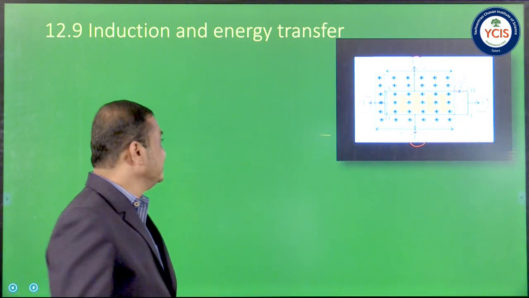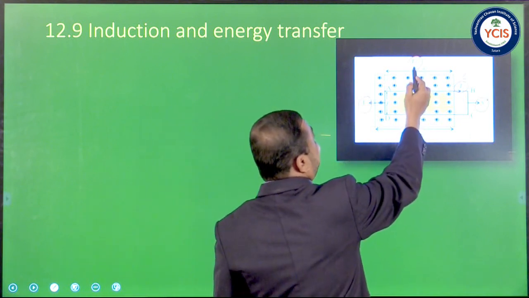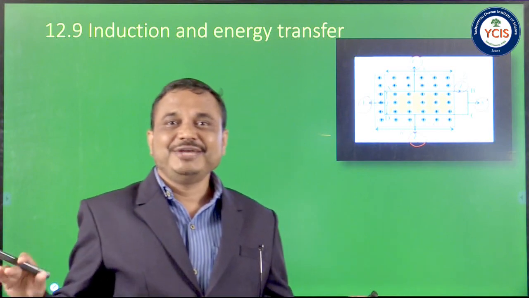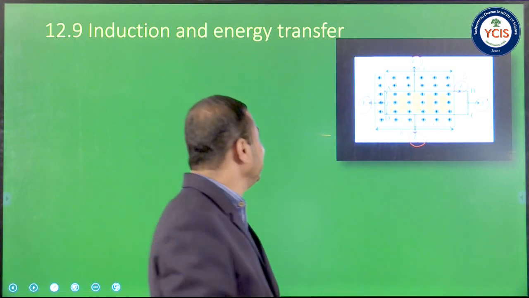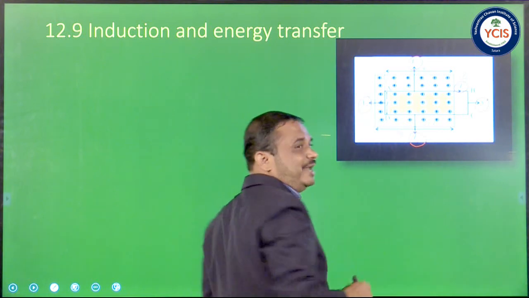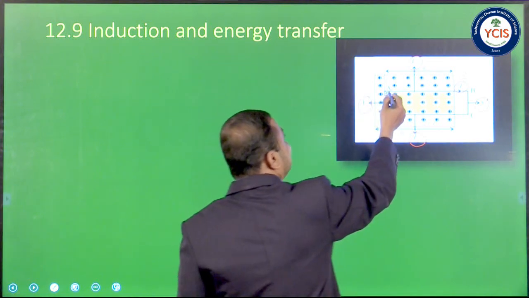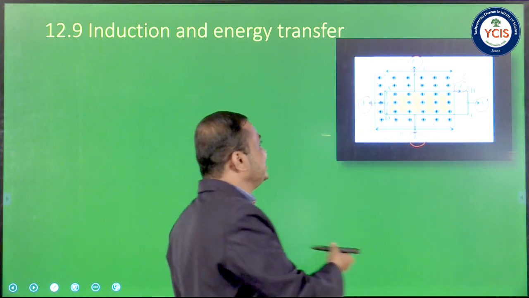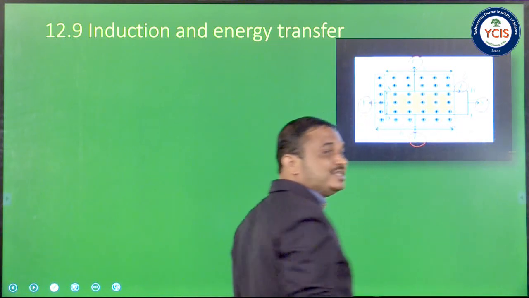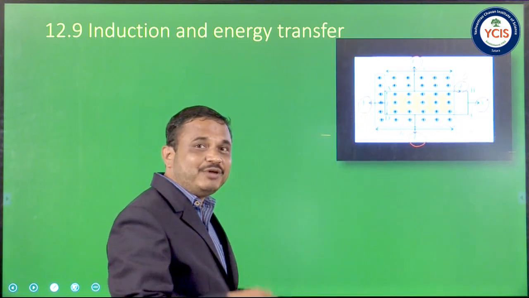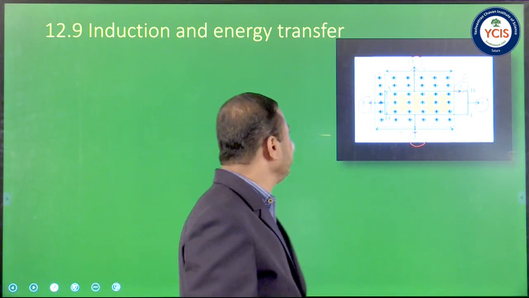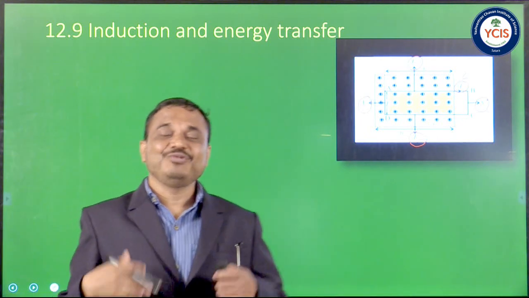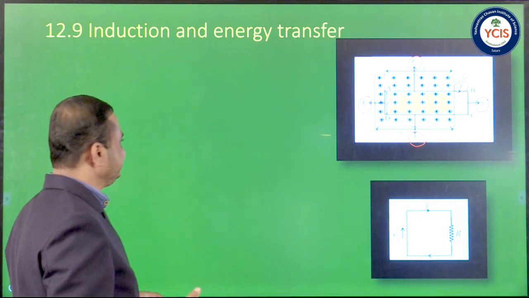By the symmetry of the figure, the magnitudes of F2 and F3 are the same and they are oppositely directed. The forces F2 and F3 cancel each other, and only the unbalanced force F1 will be acting on the side AD, and it pushes this loop towards the left. So it opposes the motion of the conductor towards the right. To keep the motion, we have to do external mechanical work on this loop. Let us see how this mechanical work is converted into energy.